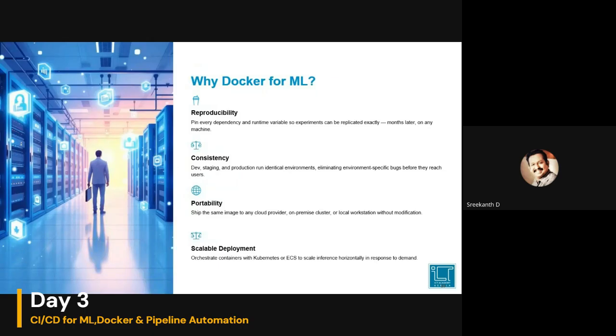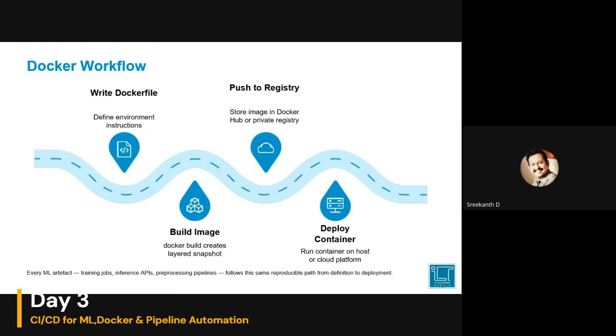So what is the workflow of Docker, right? Define, build, push, and deploy. We deploy interfaces and APIs as Docker containers that guarantee consistency across environments. The API connections will be established in between, and we can have the perfect flow of connection here. Think about the Docker workflow: Docker provides reproducibility, consistency, portability, scalability, right?